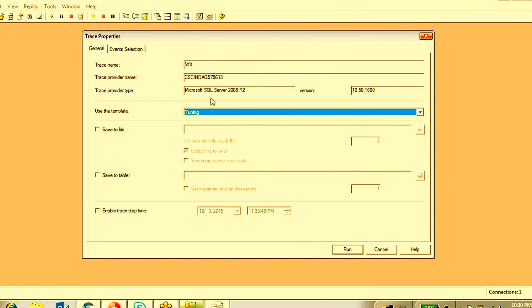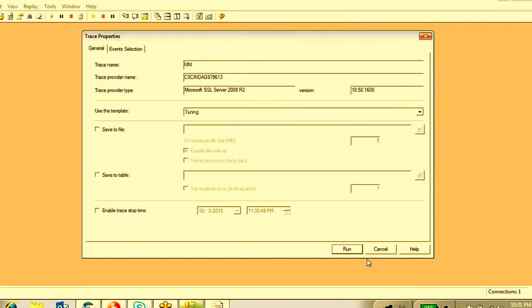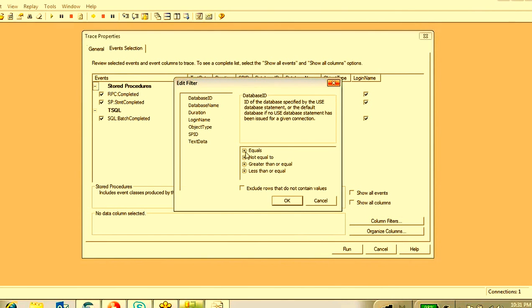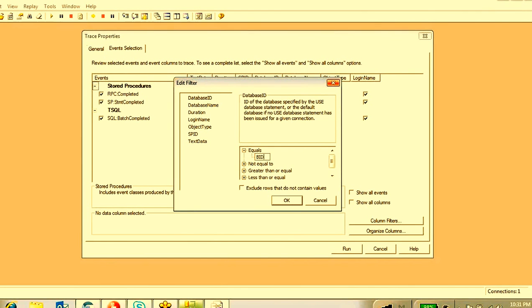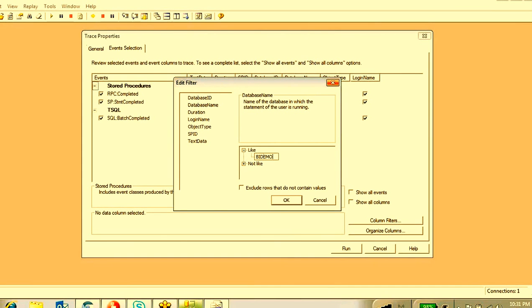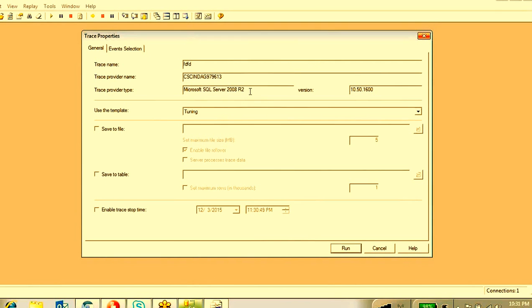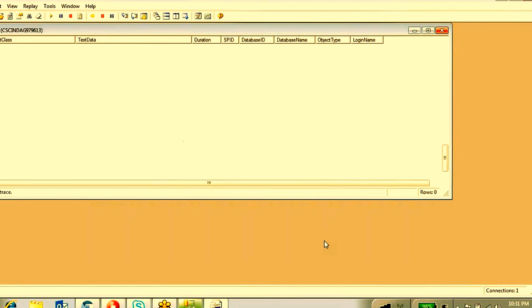This is the tuning, event selection, column filter, BI demo. So BI demo. I'm going to delete this. Click OK. Run.